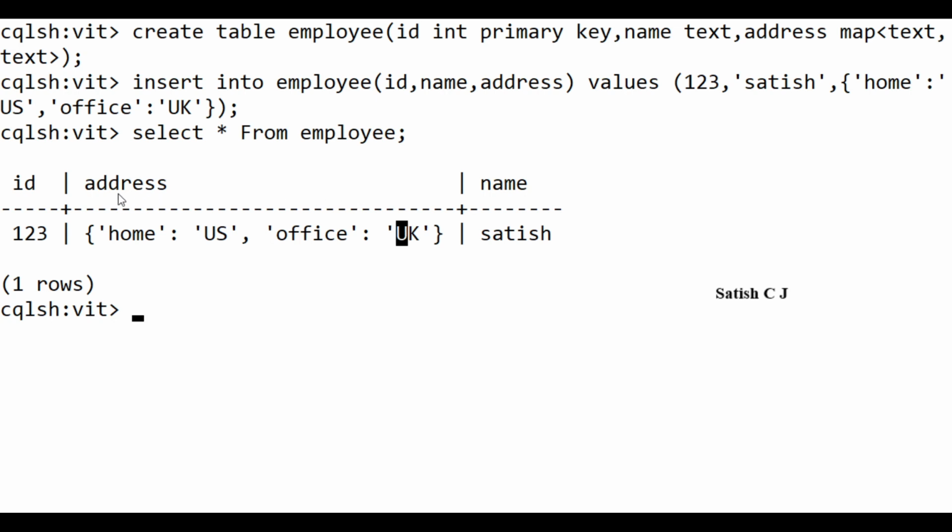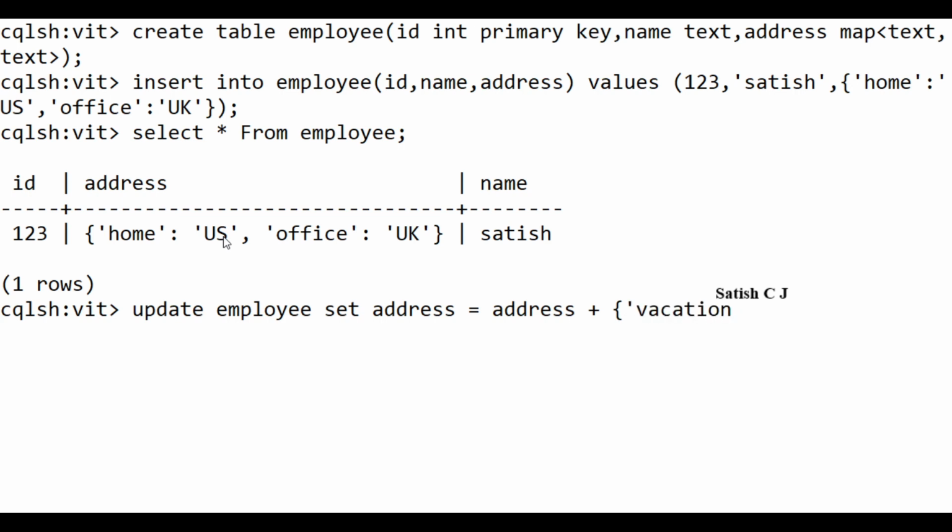The next thing that comes to our mind is how to update a map, how to insert a value in the map, or how to delete a value from the map. Let's try and see that. So it is update employee set address is equal to address plus, then we have to give the value we want to add. Say there's a vacation address too for me.